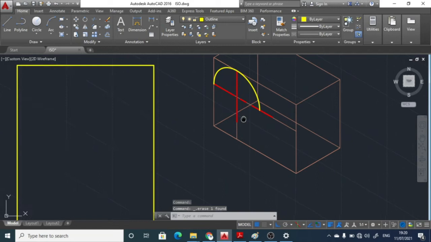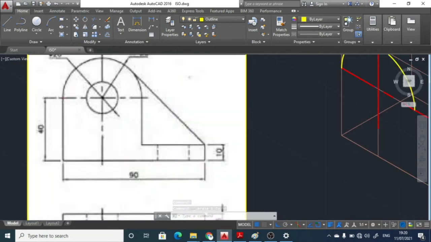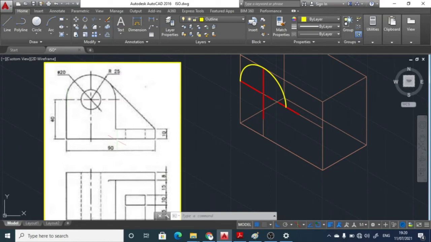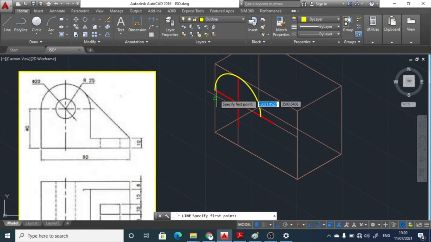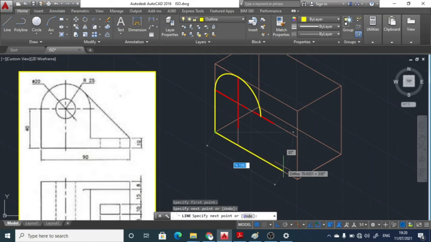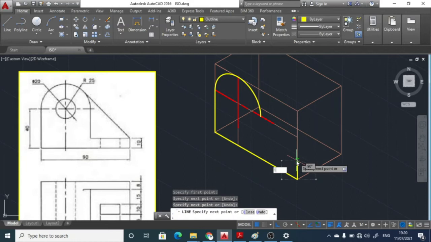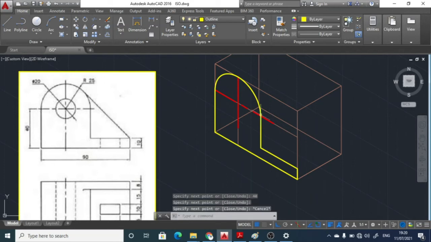Once we have drawn the semicircle, the rest of the part we're going to draw over here. So this one length we're going to draw, 90 mm length, then 10 mm length, then this part 40 mm, and then once again this one over here. For that purpose we'll take the outline properties and simply join these lines. So it is 40 mm, then 90 mm, then vertically 10 mm, then on this side 40 mm, and then completed over here. So as good as whatever the front view is, we have simply copied it over here.